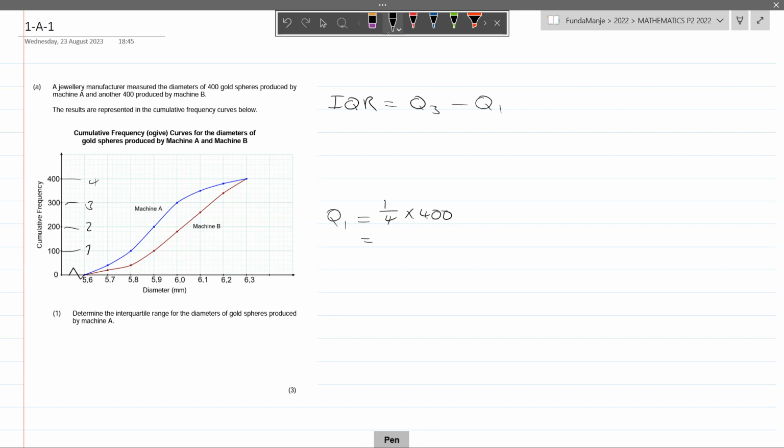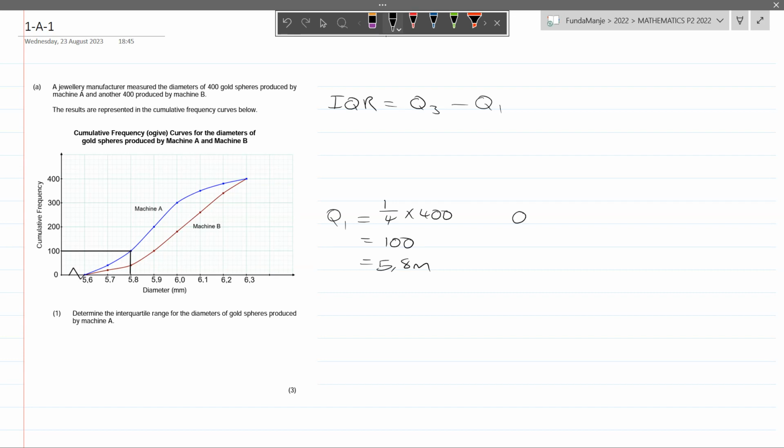But here we'll see that our first quarter happens at 100. But this is not the value that we are looking for. So in order to get the actual first quartile, we have to take our value and trace it to machine A, which would be the blue graph, and then read off the value at the x-axis. So in this case the diameter, which in this case would be 5.8